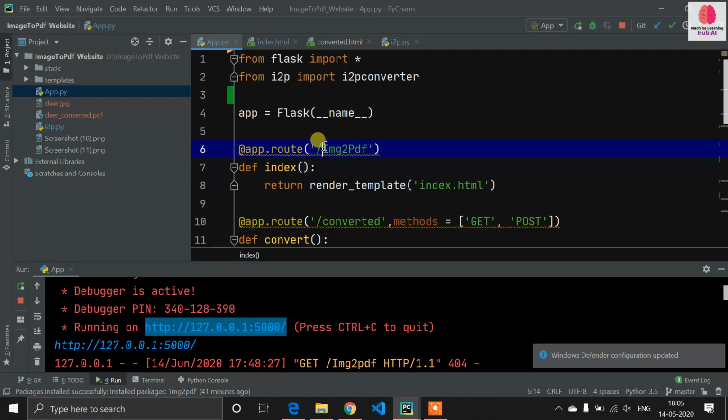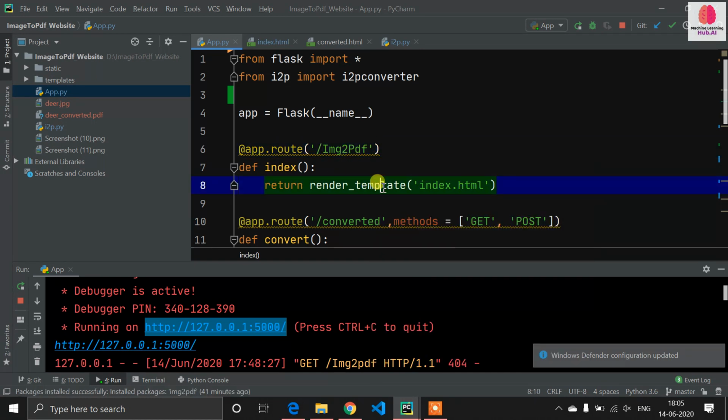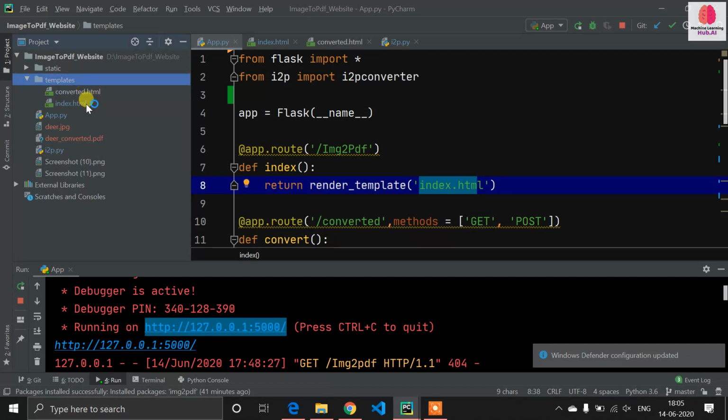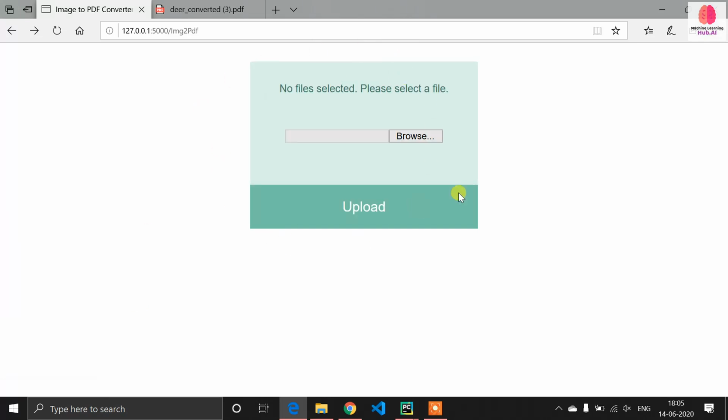So you need to mention your address here. You can write whichever you want, but the address should be simple. Otherwise you will not handle it. Now I created one more function, def index. Then there is an automatic, inbuilt method in Flask, render_template. In render_template, mention the file name index.html, which we made for this UI. So now this will return me this page.